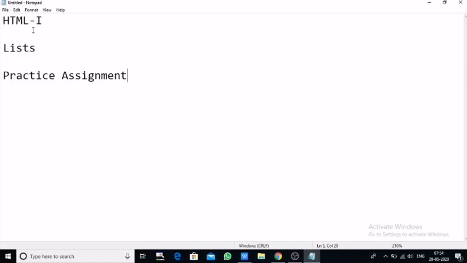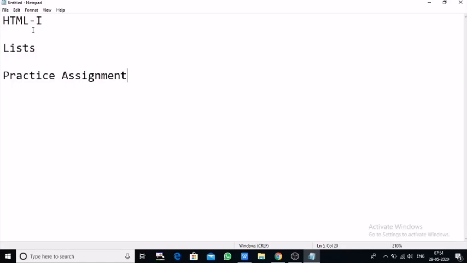For that purpose, we use OL as far as numbers and characters, alphabet is concerned, and UL as far as bullets are concerned, right?